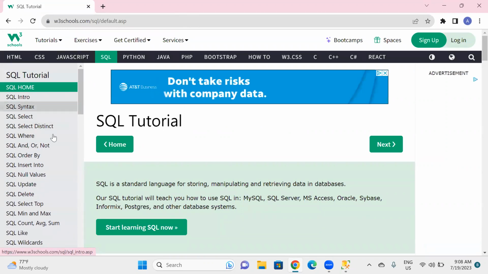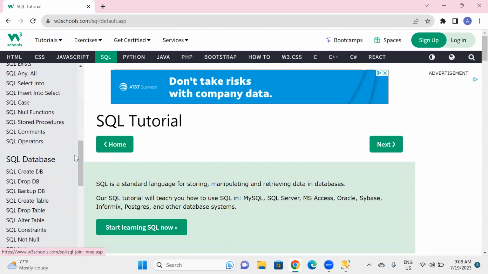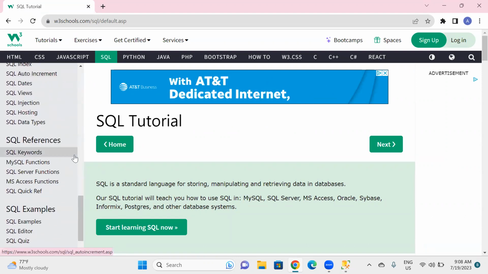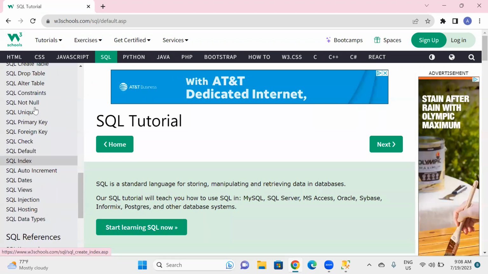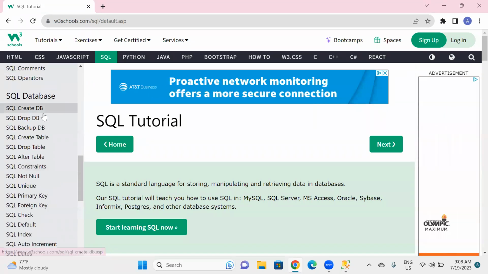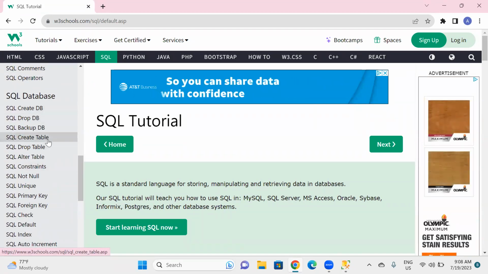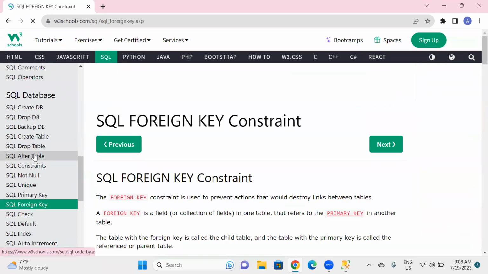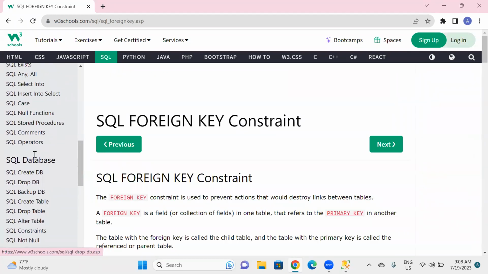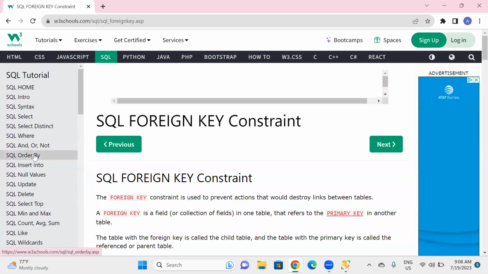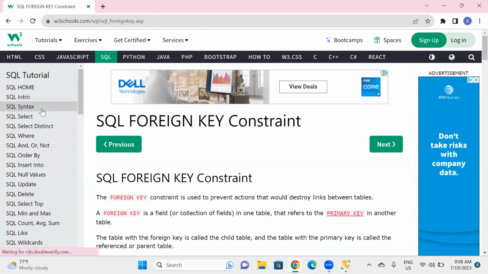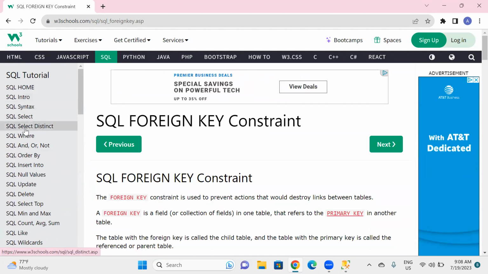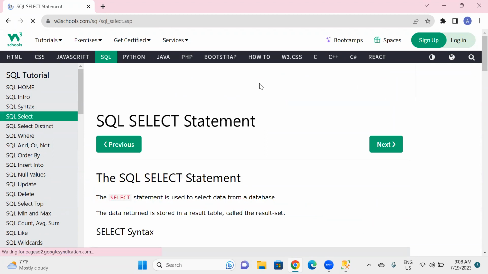And so far, we understood these things like constraints and SQL databases, creating and dropping a database, creating the table, dropping the table, and altering the table, and various constraints. This is the part we saw in our previous session. Now let's go for understanding the syntax of SQL and the select statement, and then we